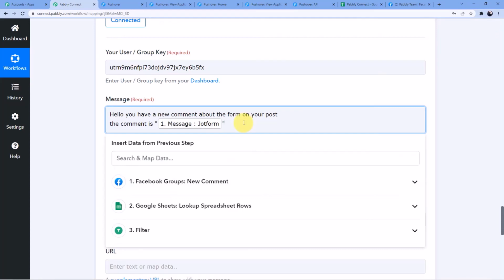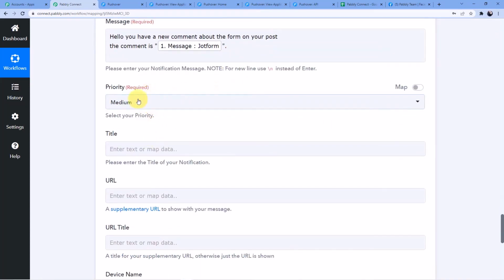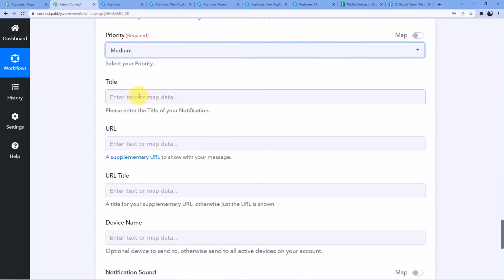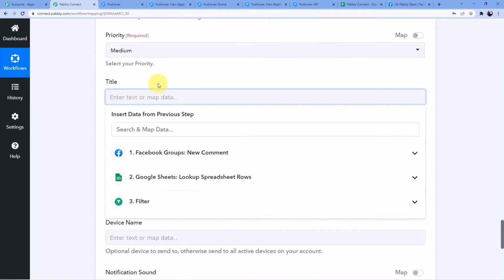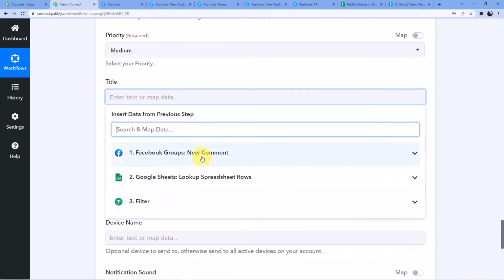Okay. Now we are going to put the priority, just put it at whatever you want, medium, high, or something like that. Title, you can put manually, or you can put it through mapping, but I'm just going to put the title manually. Form builder